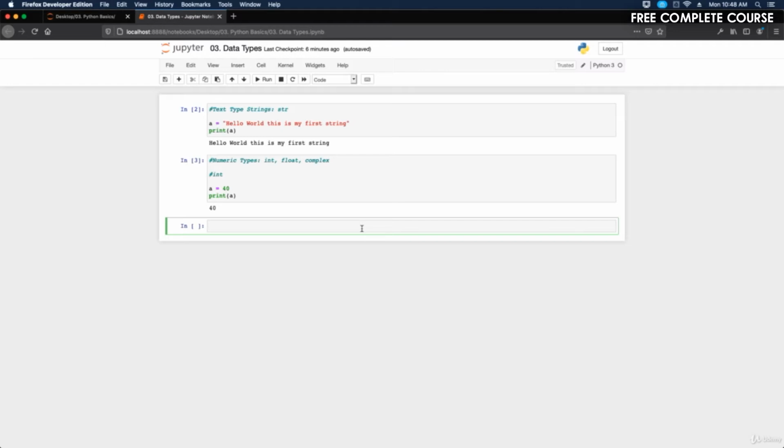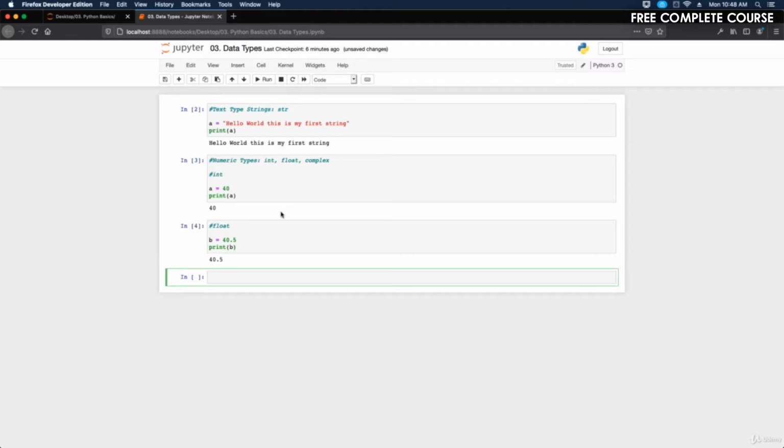40.5, okay? So we're going to do float, and then we'll do B equals 40.5, okay? And then let's print B, okay? So when I hit run, we printed 40.5. So if I wanted to do another float, so let's do float 2. So we'll just call float again, and we'll do C equals